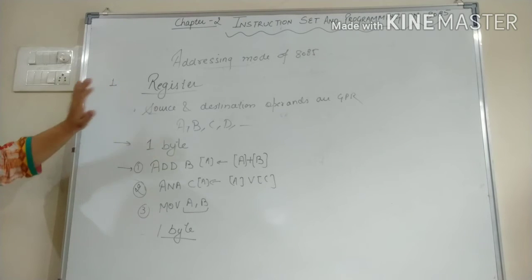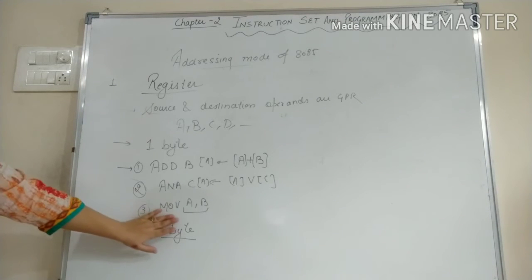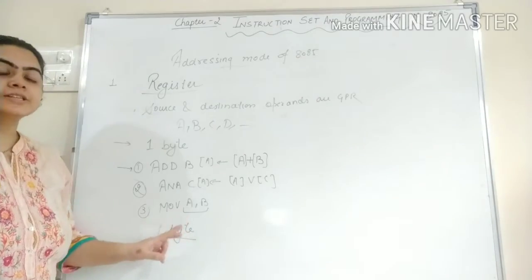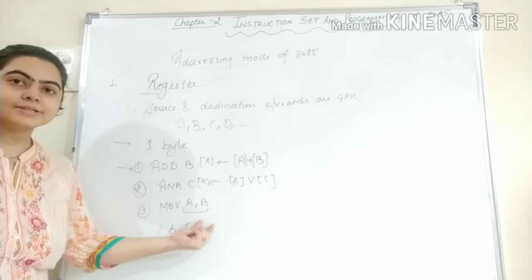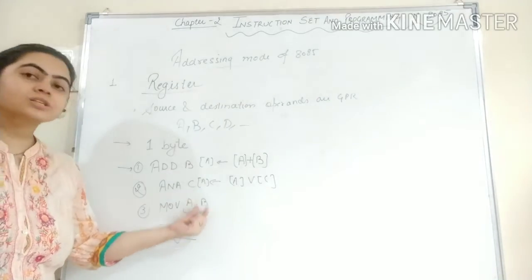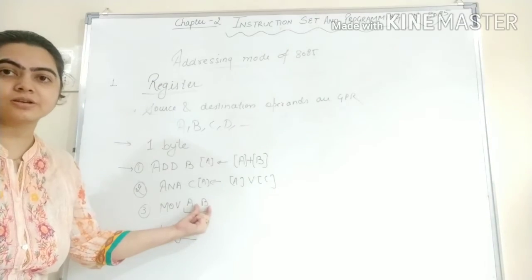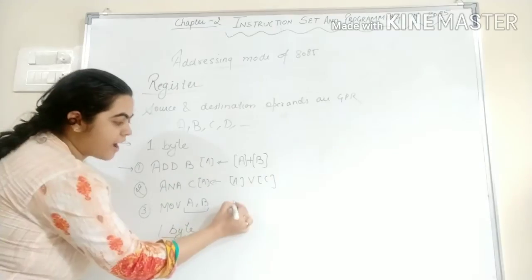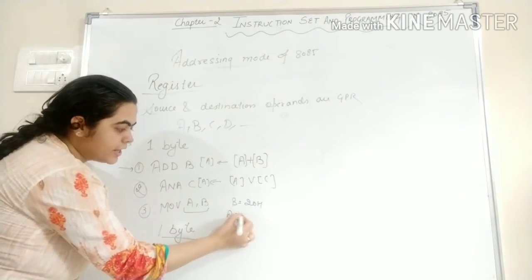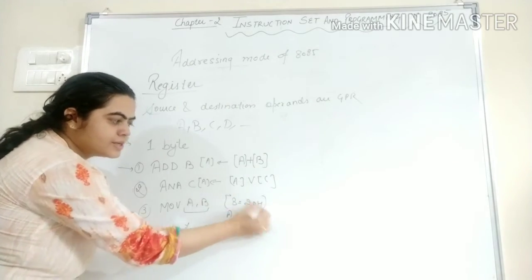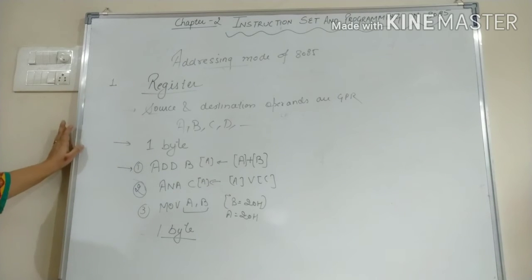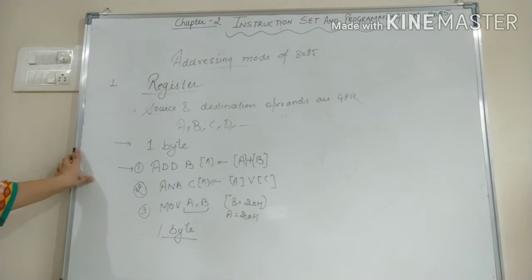Now one more thing, students, while we are talking about MOV, this instruction will not cut and paste the contents, it will copy the contents. Whatever contents are present in B will be moved into the A register and those contents will be retained in the B register as well. Suppose we have 20H in the B register. After execution of this instruction, A is equal to 20H and B is also equal to 20H. So all these instructions copy the contents, they do not cut the contents.